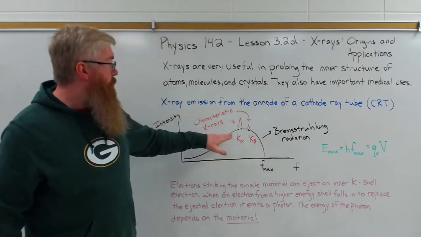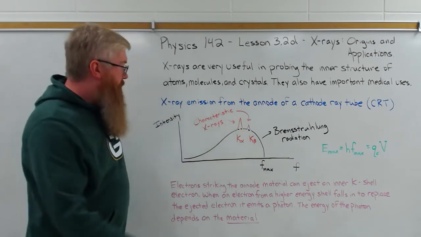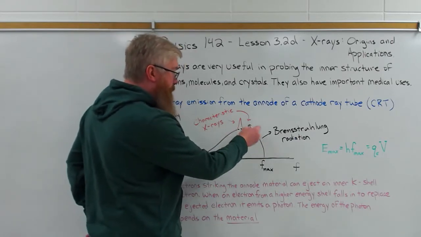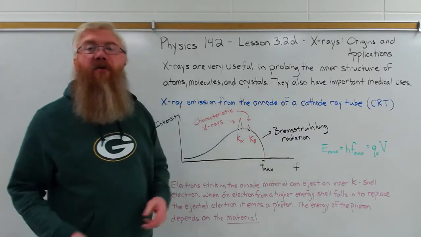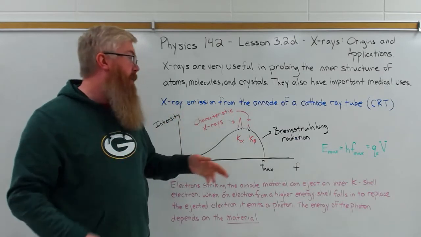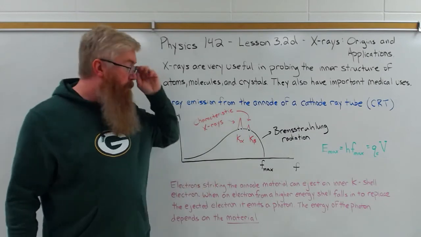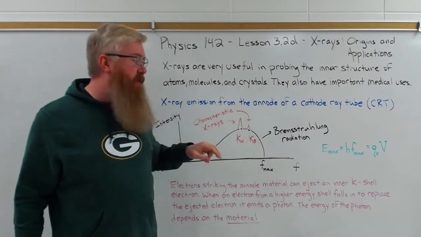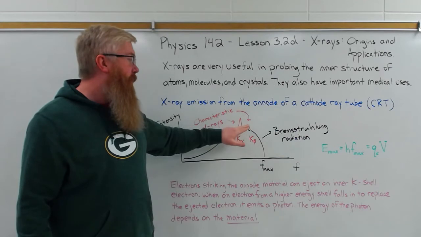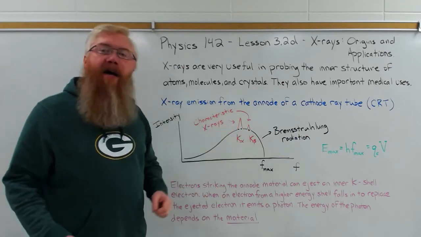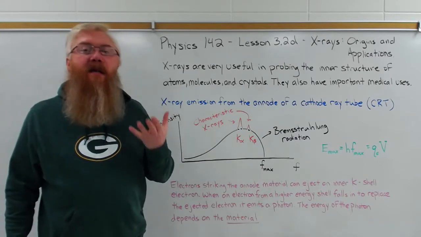But note that, as your book points out, there are 2 bumps or 3 bumps in this spectrum. So the smooth black curve is a continuous spectrum of what's called Bremsstrahlung radiation. Bremsstrahlung means braking. So when the electrons crash into the anode, they stop, they decelerate. As they crash into the anode material, they can give off X-rays. But also there are these 2 peaks that are called characteristic X-rays. In this case, it's the K alpha line and the K beta line. These characteristic X-rays give us some insight as to what's going on inside the atoms of the material that makes up